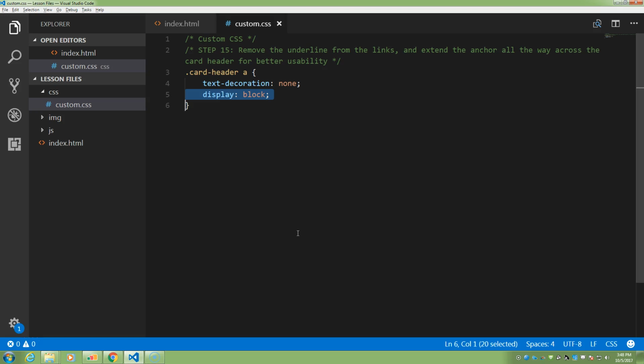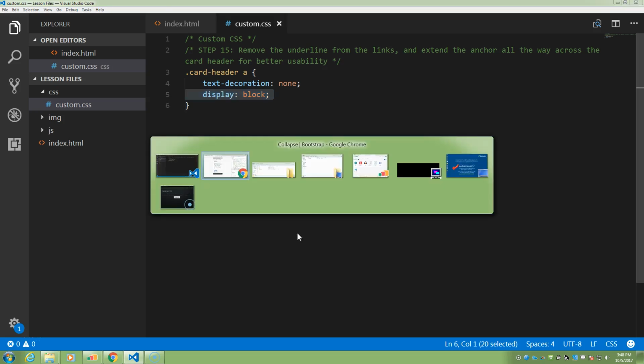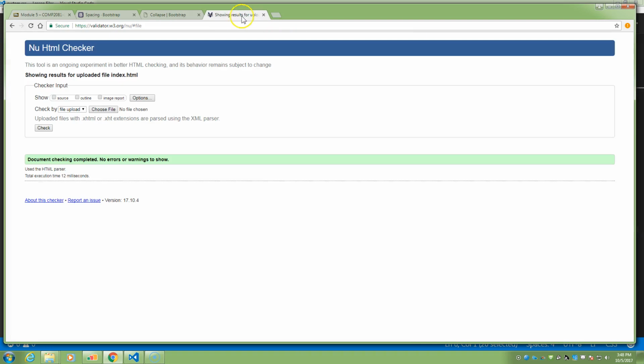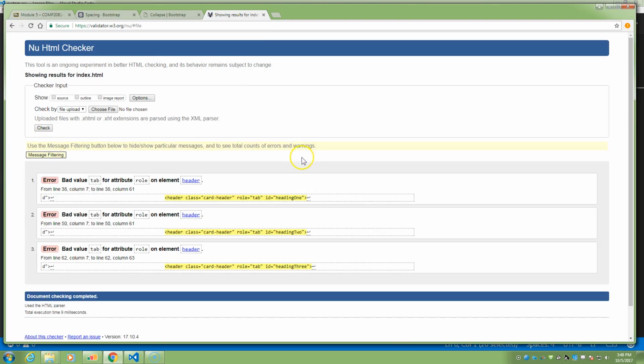Why is the validator screaming at the top value of the attribute role? Which one? In the header. If you validate it, it should scream at you for using the tabs. Bad value tab for attribute role on element header. Probably because